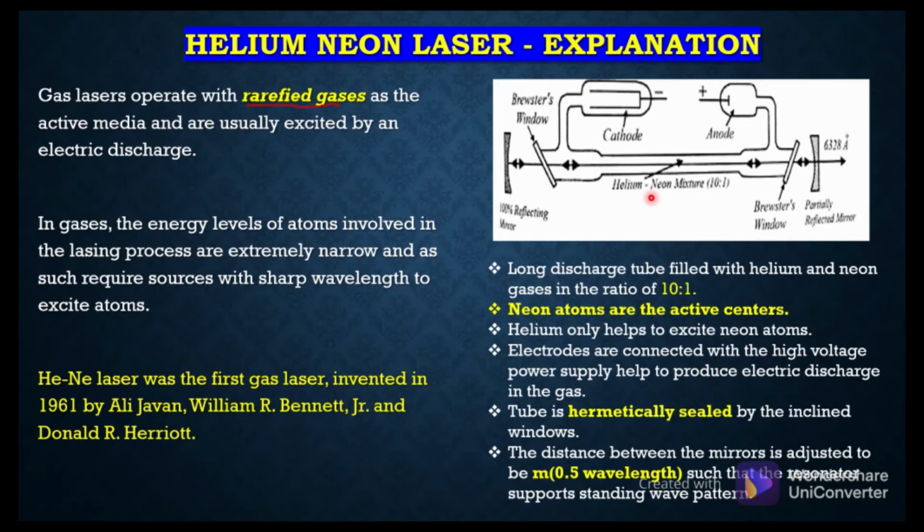So properly they will be sealed, and at the two ends you can see the Brewster's windows, they are placed at proper angles in between the mirrors. One is a 100% reflecting mirror, the other is a partially reflecting mirror. In this discharge tube, at the two ends we have the cathode and the anode, and the distance between the mirrors will be adjusted to be m into lambda by 2, such that the resonator supports the standing